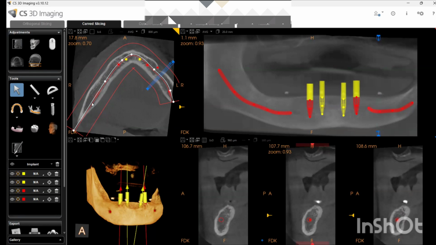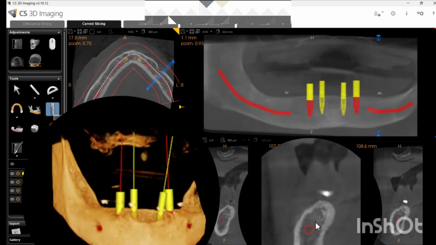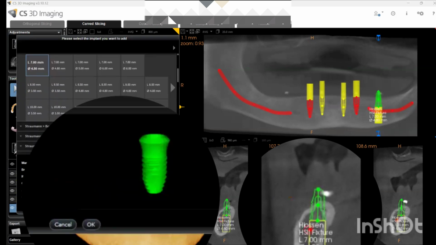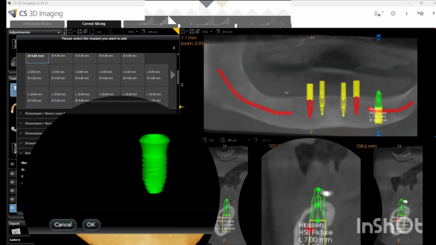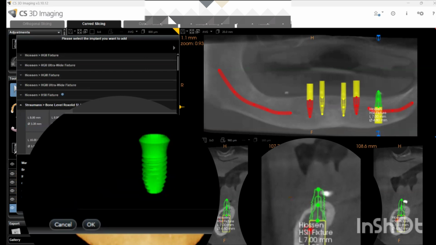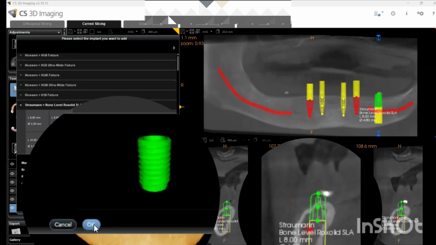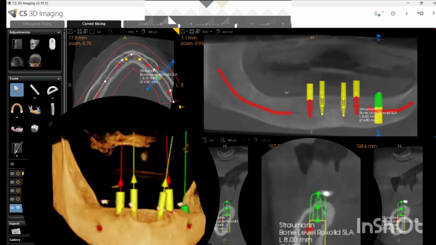Now I've selected this. Select. Now I am taking an implant of 8 mm. As I told you, usually in the posterior region, take a wide implant because the entire load has to go to the posterior region.